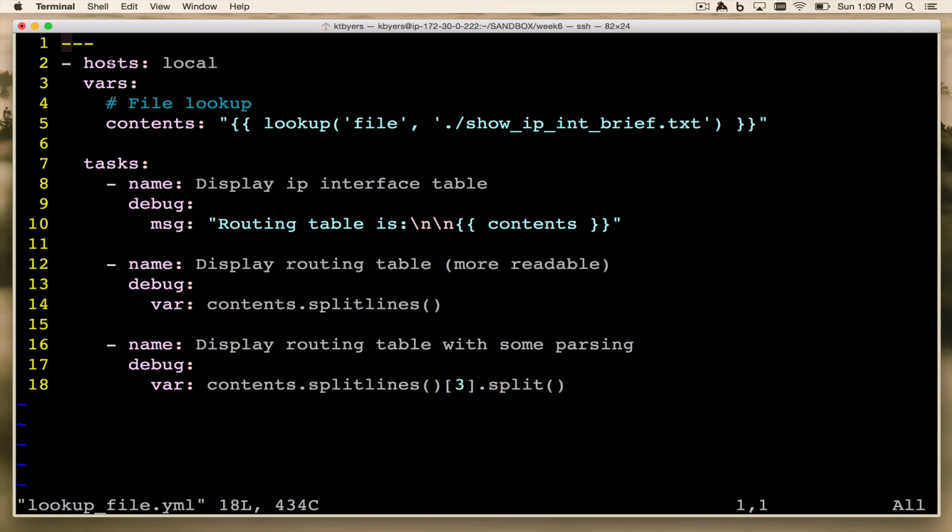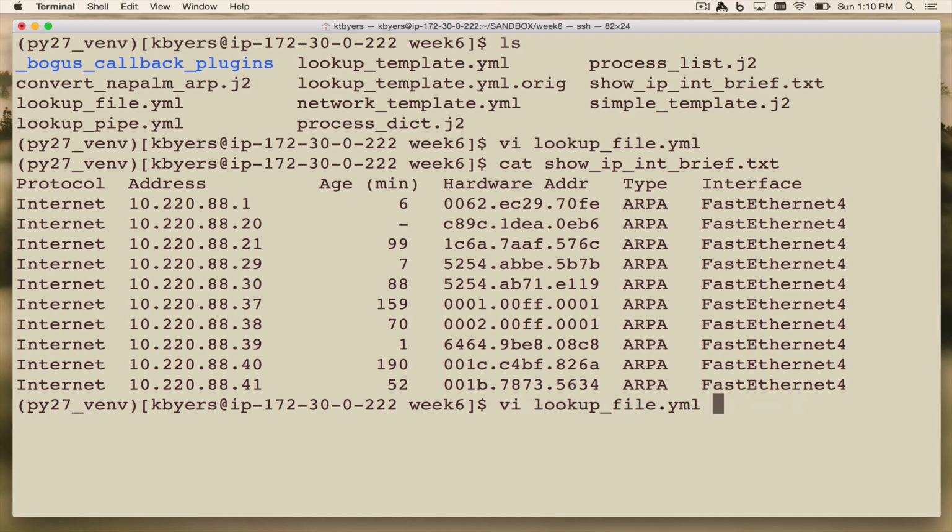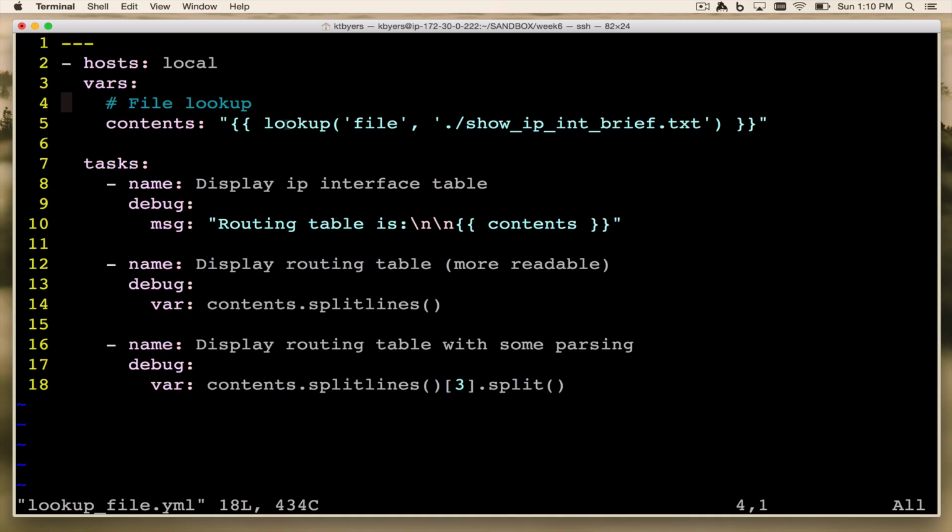So here I have a playbook. It's going to operate on this host, local. Now look at this vars definition. I have this variable called contents that I'm going to create. How is that variable created? It's actually going to call this lookup. The lookup is going to use the file lookup, and it's going to read this information in from this file. So there's going to be some file, show IP int brief.txt, which is located here and just contains that information. And we're just going to use this lookup to read that content in